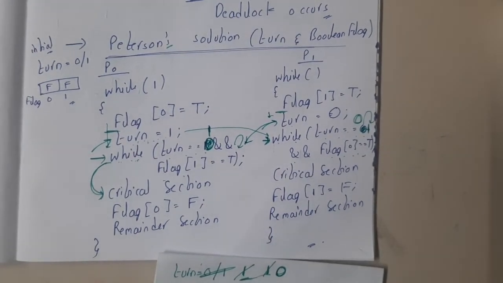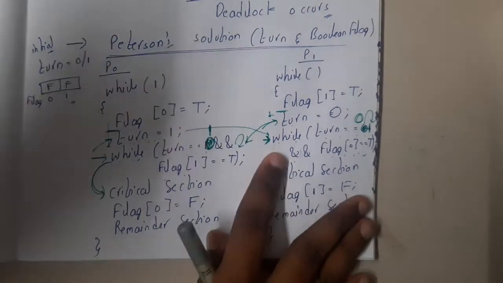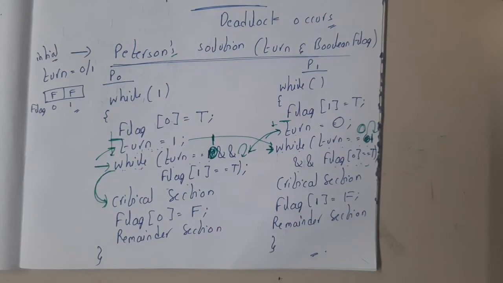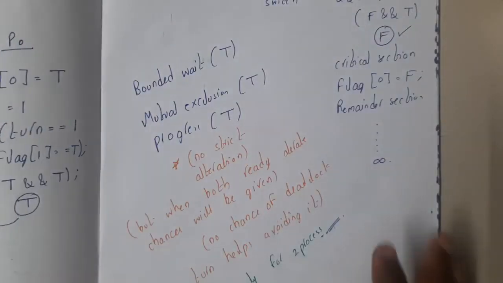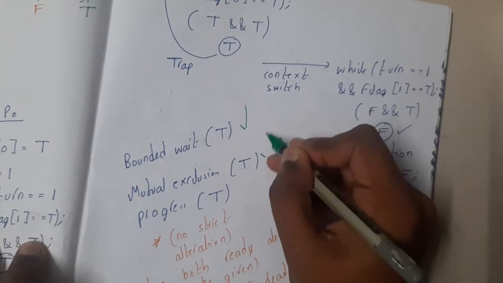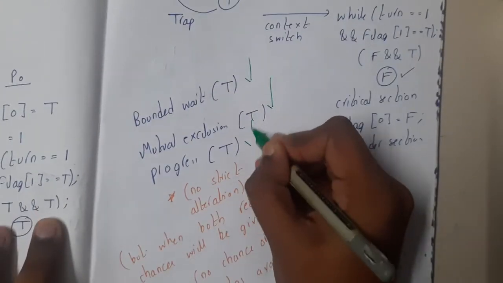Wow, that's really good, right? So I have solved it in the runtime. That's really great. Okay, yes. So now you got an idea, right? How exactly this Peterson solution is working? Yes. Now this Peterson solution will follow bounded waiting also. Similarly, along with that, it will follow mutual exclusion and progress.